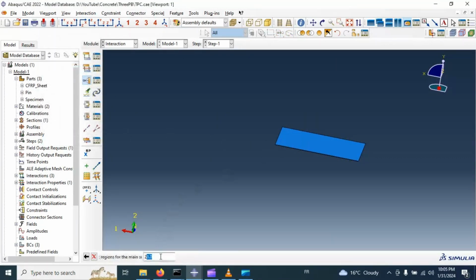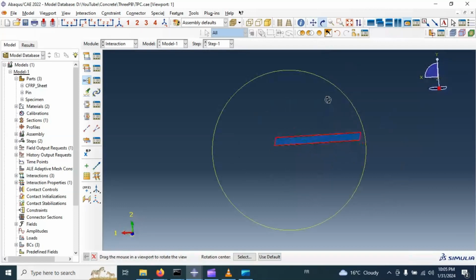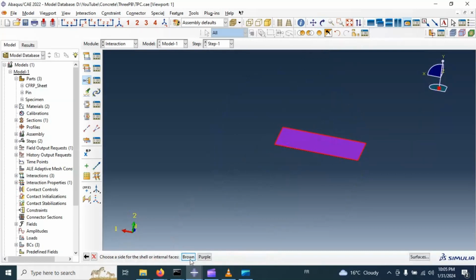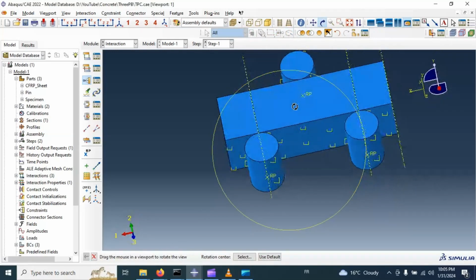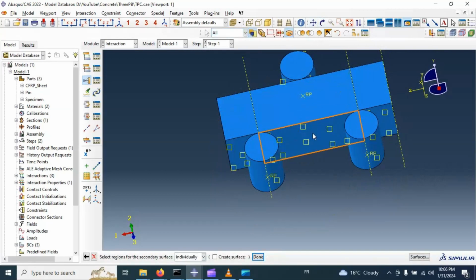Continue. Select surface. Let's select, click done. Let's select the top surface of our sheet that is in direct contact with our specimen, the purple surface, not the other side. Click purple surface. Let's invert display and now select the top surface, the bottom surface of our specimen, the concrete specimen. Select this surface, click done, and